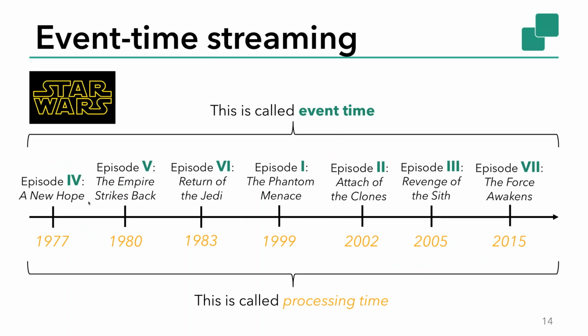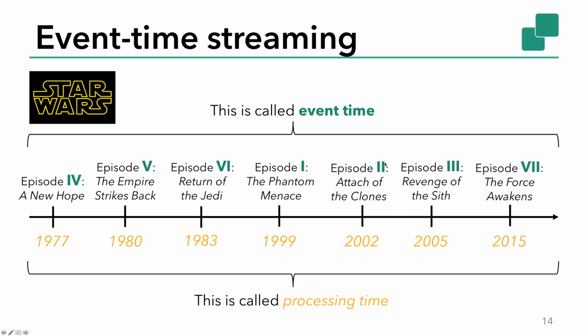And the next thing, besides, so we mentioned accuracy in the case of failures and accuracy in the case of downtime, the next thing is accuracy in the case of out-of-order streams, or when the events in the input stream are not arriving in the order that they were produced. The way that Flink does that is by what we call event time streaming. This is based largely on the work of the Google Dataflow folks, which is now Apache Beam. So the semantics there are very similar.